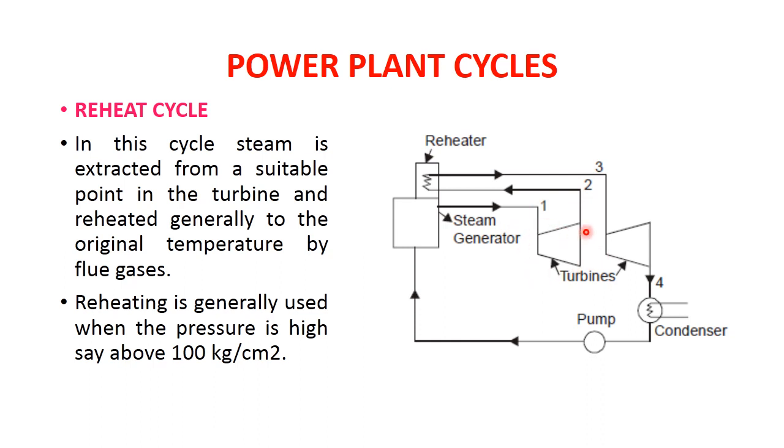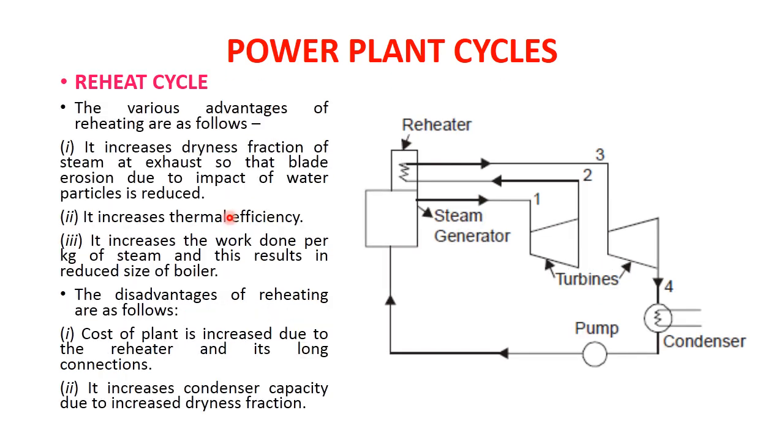So the one thing is that the steam is reused in this particular system. The expanded steam coming out from the first turbine is again heated to the appropriate properties of the steam, and that steam, which was initially at a heated stage, is again heated in the actual reheater, and so there is a large expansion of the steam in the second turbine. So therefore we will get the output in terms of two turbines with the help of the reheat cycle.